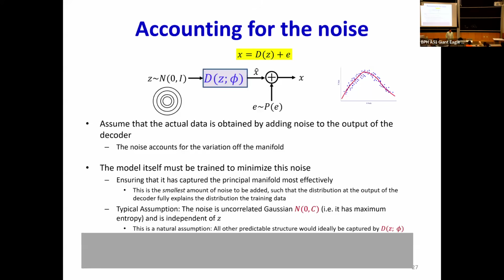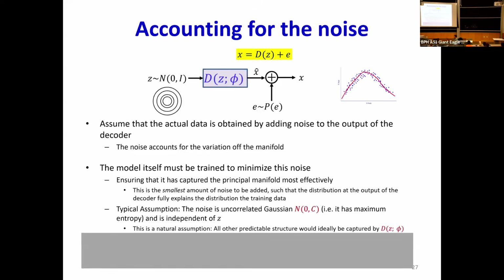I've assumed that my faces are 100-dimensional, or that they live in a 100-dimensional space, but in reality, they live in 180 dimensions, right? Somehow I must account for this error of the surface so that I can learn this 100-dimensional manifold properly. The way I will account for it is to say there is a noise, and this noise is something that I add to data points on the manifold to get real faces. That making sense to you guys?